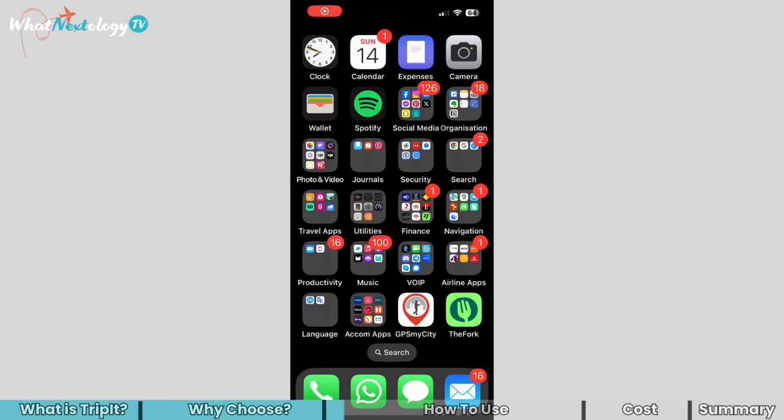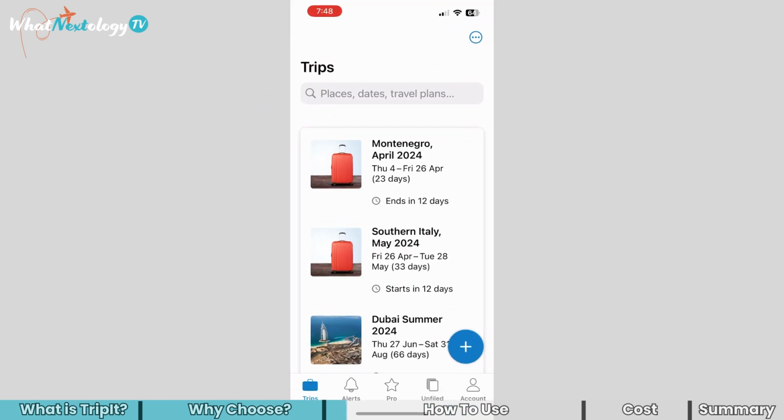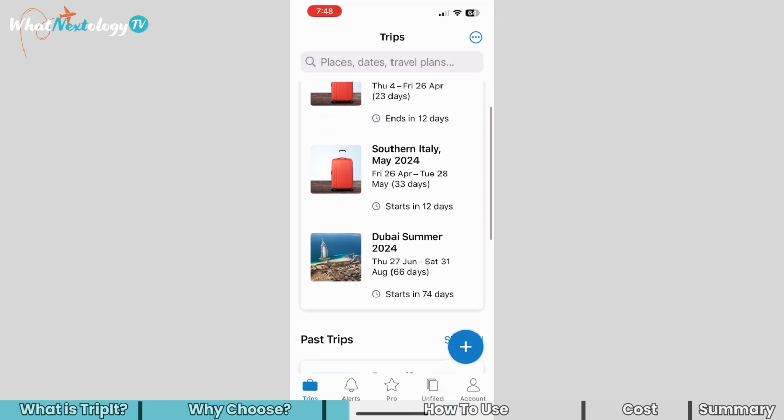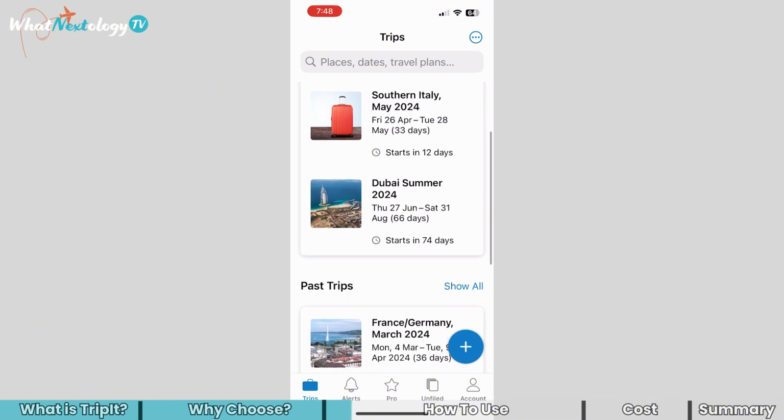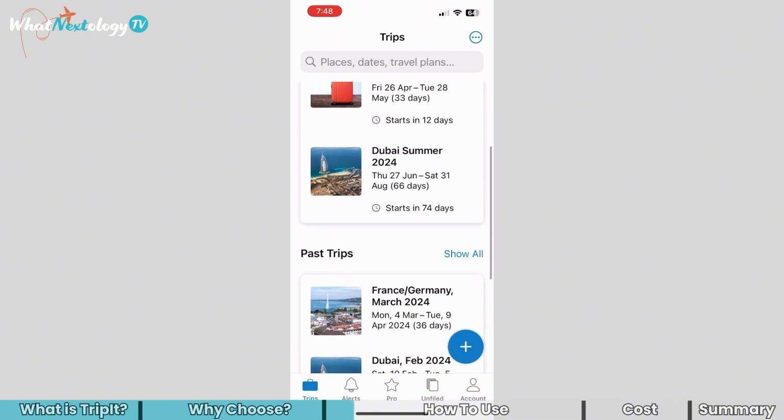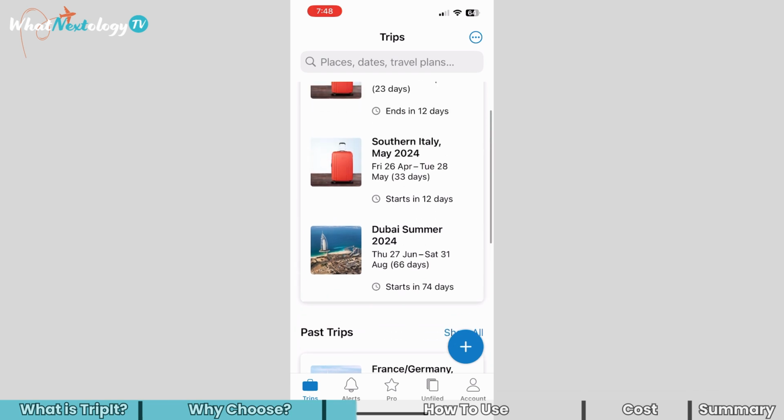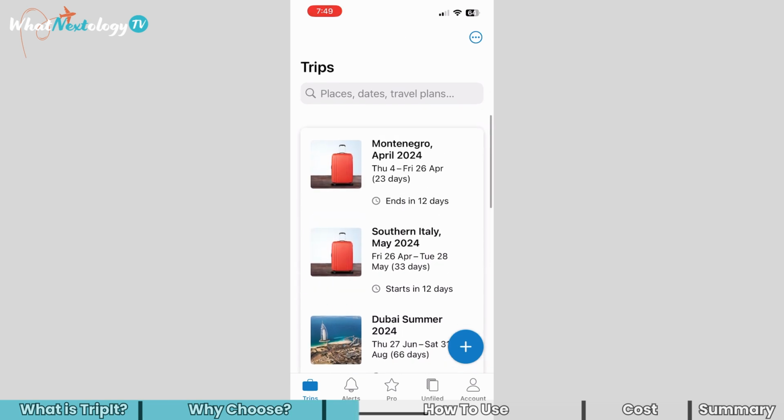Let me show you how easy it is to use. I won't go into the details of downloading it from the App Store, assuming you already know the drill there. This is what you will see on the screen once you have a few trips. You can see my current trips under Plan, and you can see my past trips. This is very useful if you go back a second time or you want to make a recommendation to a friend. This is where I come to find the information.